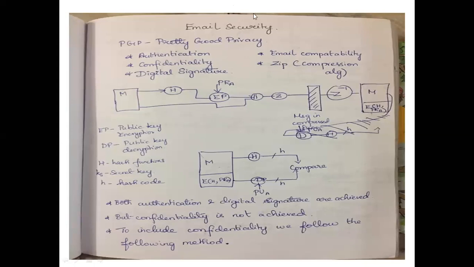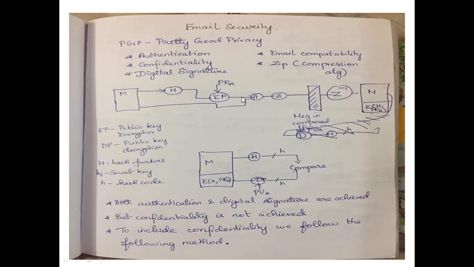Okay. So if you see this diagram, you have a plain text. Then you have a hash function. Generally, a hash function is independent of key. It does not use any key. Only a MAC function uses a key to generate the MAC code. A hash function does not use the key to generate the hash code. Then we are encrypting using the private key. So first the hash code is found, which is then encrypted using the private key. So the digital signature comes here.